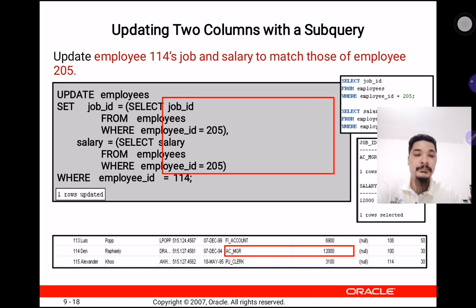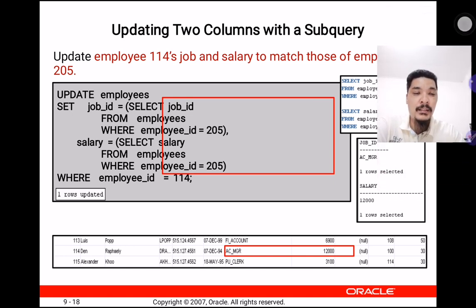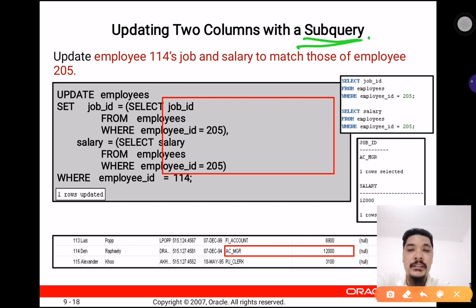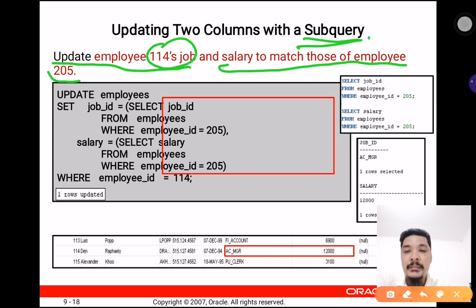Okay, so updating two columns with a subquery. Okay, we can use a subquery. So I think we already learned about the subquery. Update employee 114's job and salary to match those of employee 205. Right, so we want to update employee 114's job and salary to match those of employee 205. Okay, so number one, we update the table employees, right? So this is we set